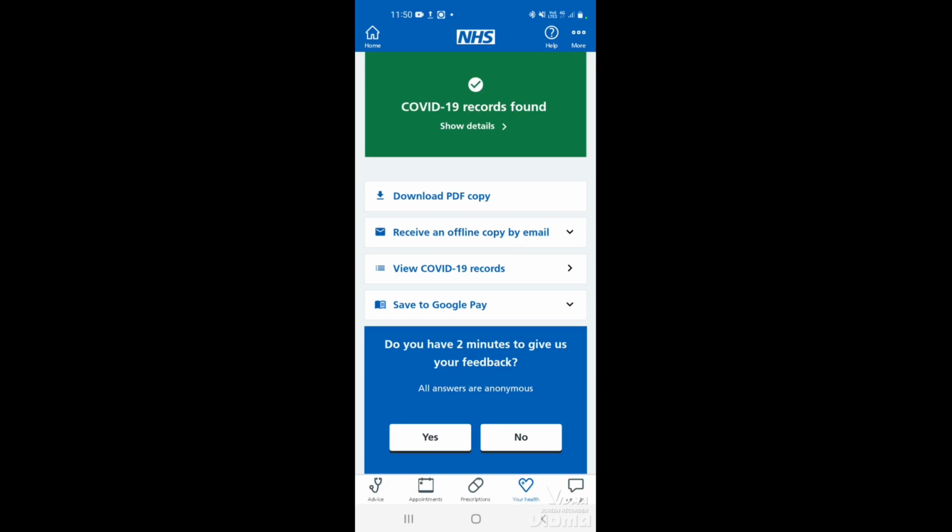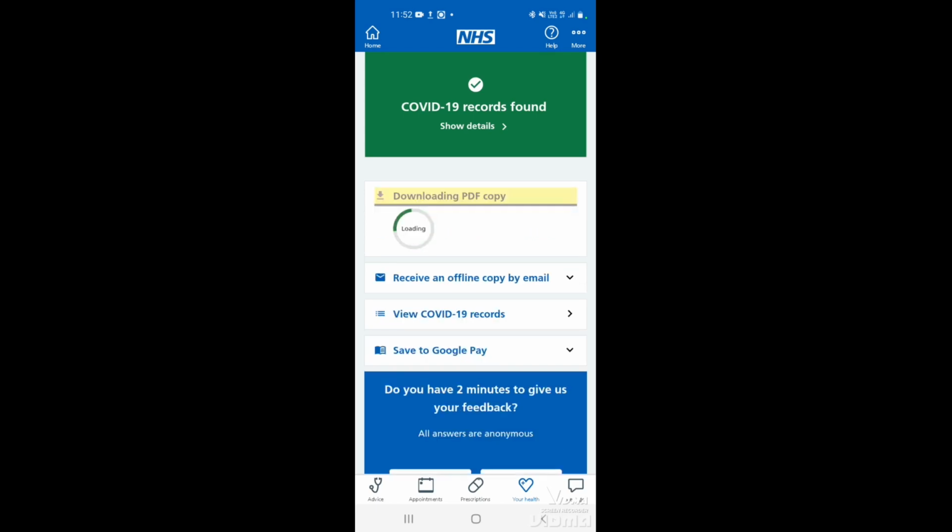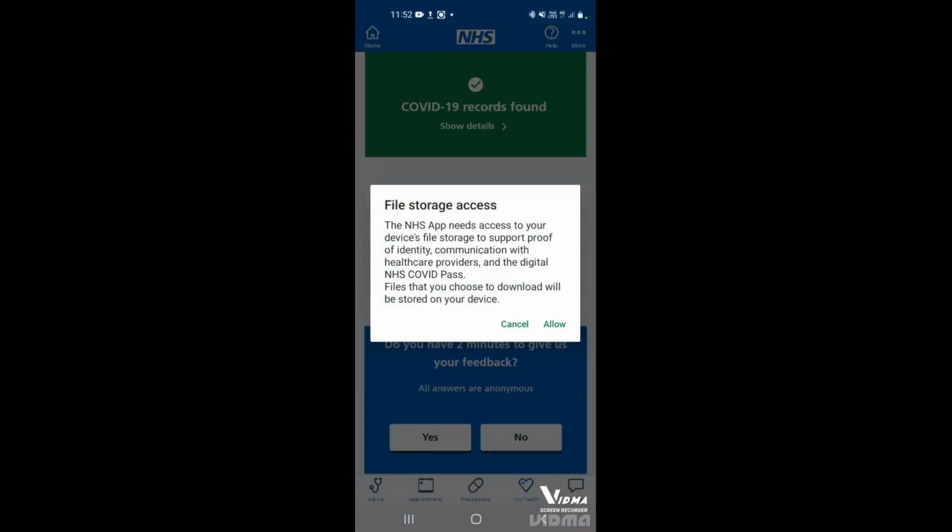If you scroll down the page, you have a few other options to view or receive your COVID vaccine pass. So you can download a PDF copy. This is the same as receiving a digital copy of a bank statement or utility bill. So if you tap download PDF copy, this is just asking permission to store the file on your phone. So if you tap allow,